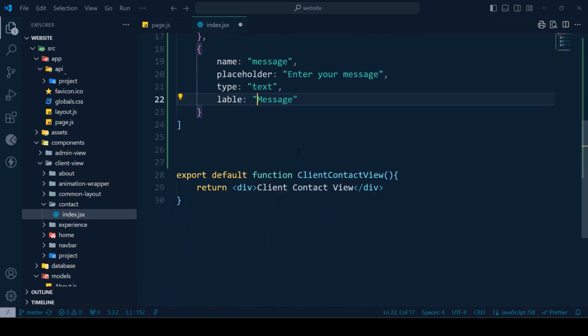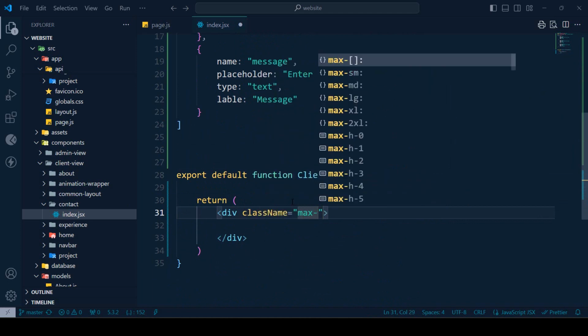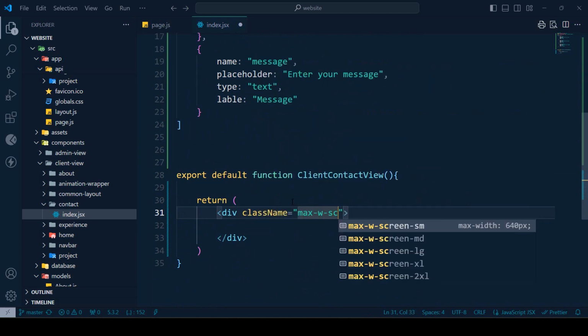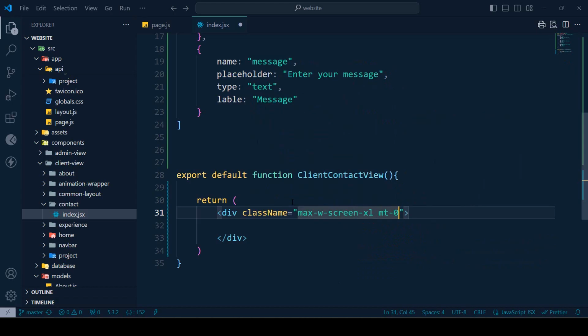So I want to go back to our return. That is actually our return, and into this return area now we have to work. Okay, so first of all I want to simply design our form. So here I take one div, and into this div area I want to put some class names that will be the same that I have used multiple times. As a screen, I want to take it as XL, and margin top I want to use as